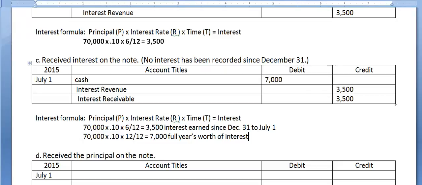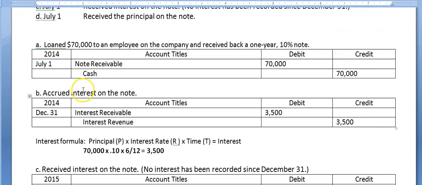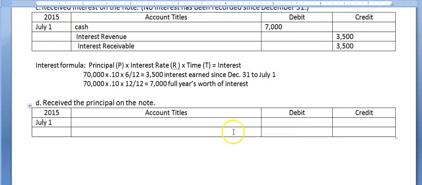When we receive our principal, it will simply be a reversal of this entry. On July 1st, 2014, we gave our employee $70,000. He or she gave us a note. Now, he or she is going to give us $70,000 in cash, and we're going to cancel the receivable, the note receivable. We're going to release them from their obligation to pay us. And we're done with